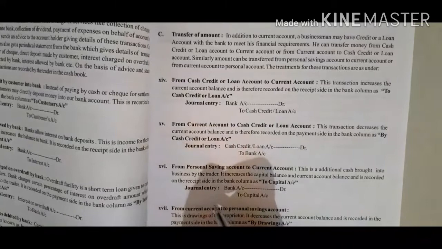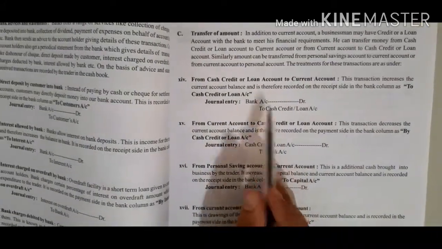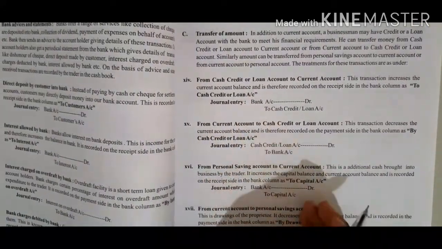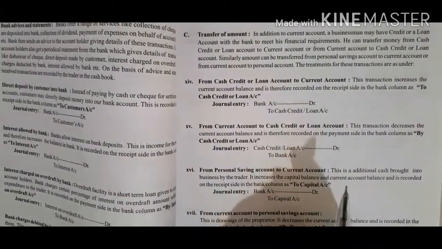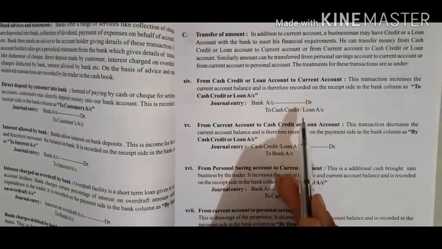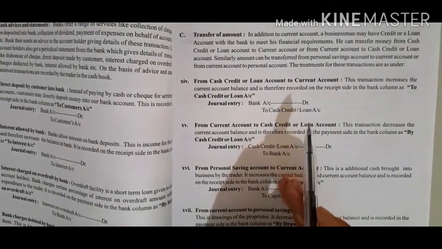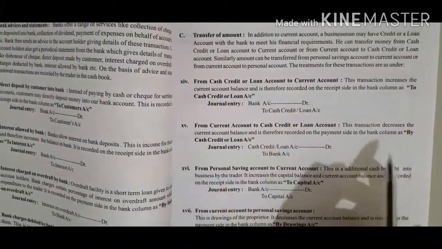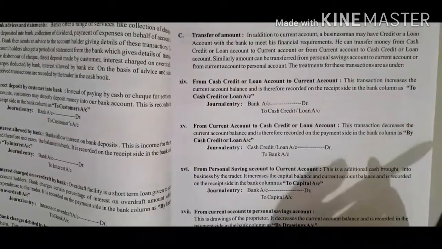Now vice versa they did. Just shift this up and shift that account downward. Whichever account is given the credit effect over here, just transfer that to the debit effect, and whichever is given as a debit effect, transfer that effect to a credit effect. But let's see how the explanation is given.